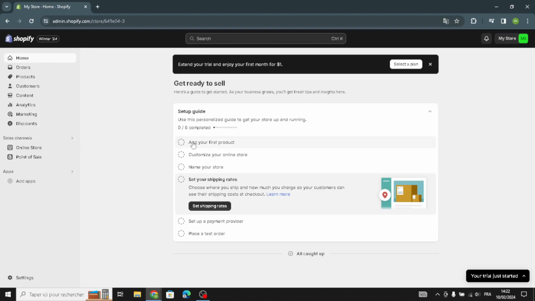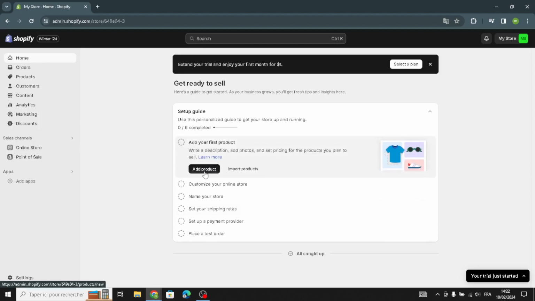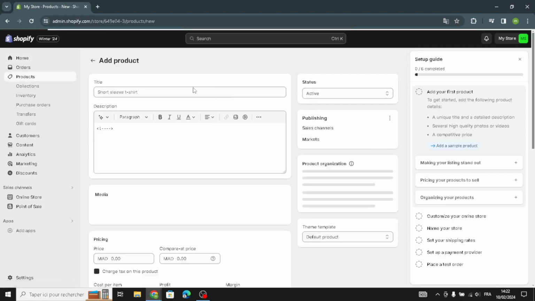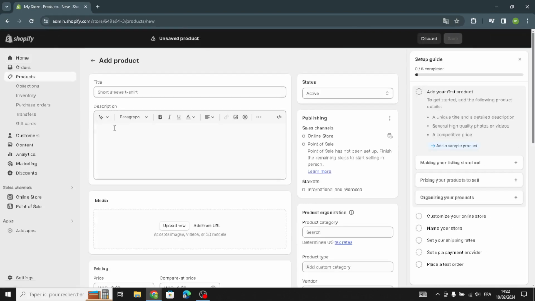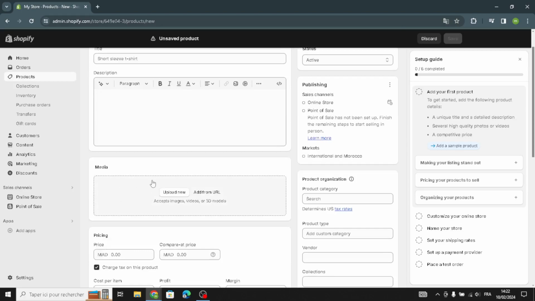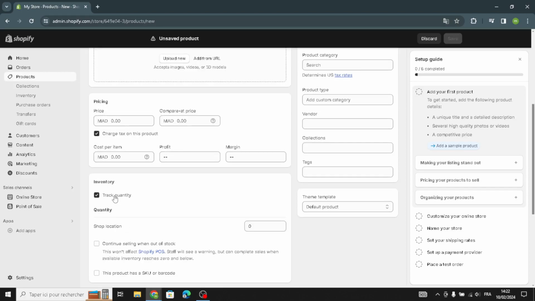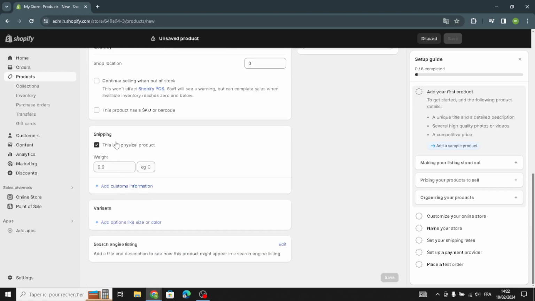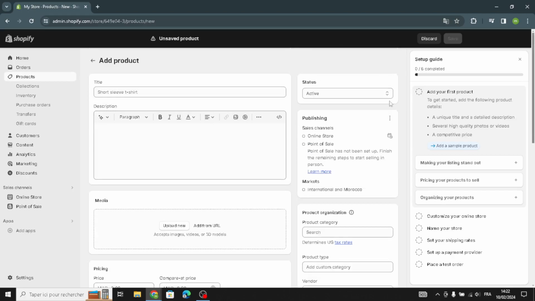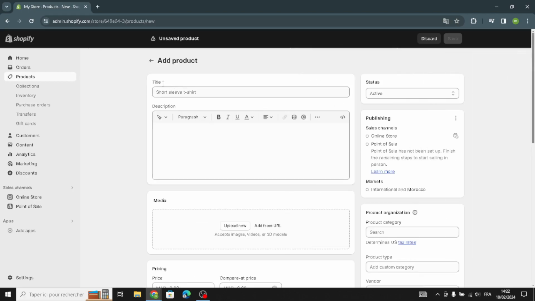First of all, you have to add your first product. Okay, so as you see here, you can add the title and description. The media you can add from URL or upload a new one, images or videos or 3D models. Here you can customize the price and options. Also here you can customize the inventory, the shipping. So that's it. After this,